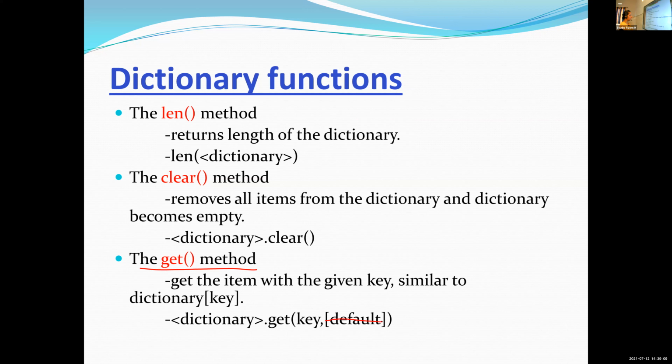There's no need of writing this default. Instead of the dictionary key, we are using one function. It is known as get. Within bracket, write the key.